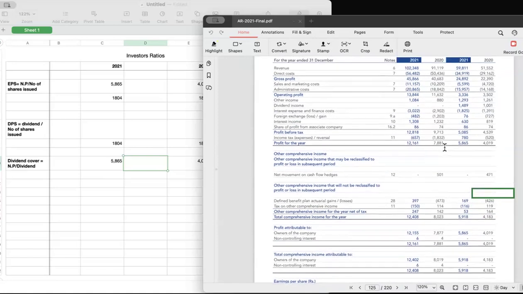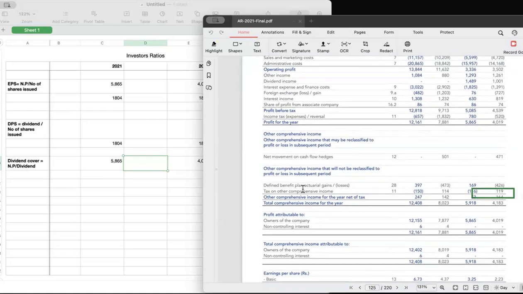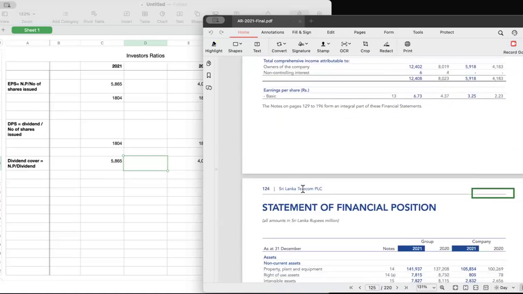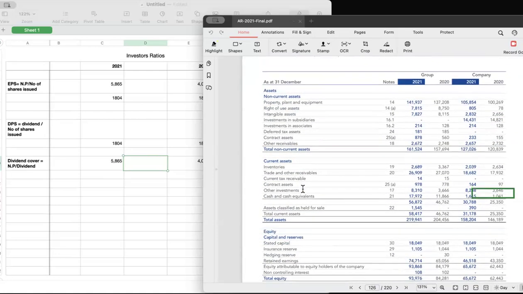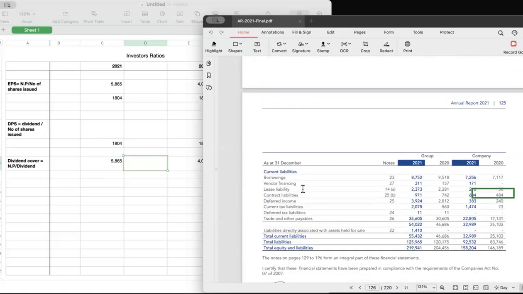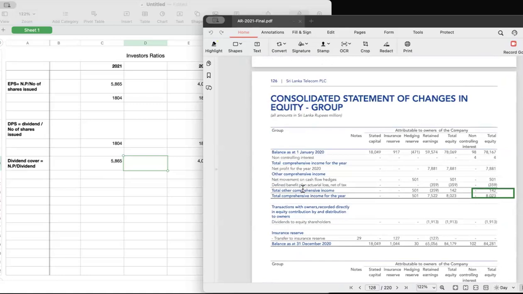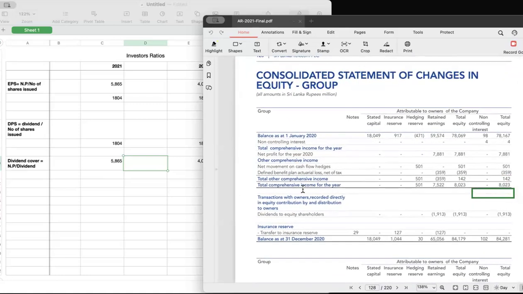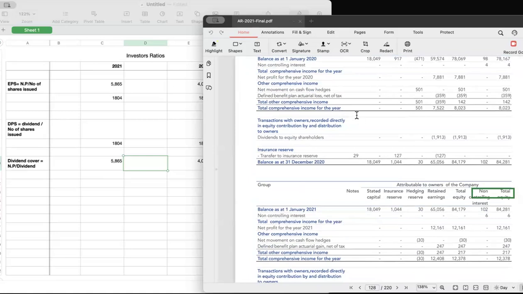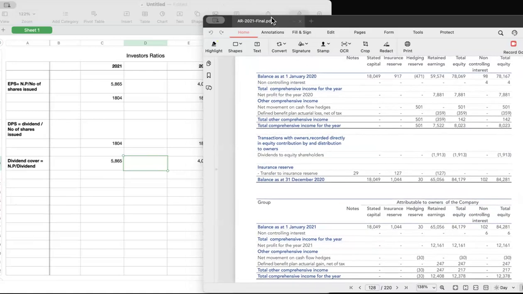This is the dividend income, dividend expenses. I think I found the dividend. Okay, dividend, they did not have it over here. I had to go to this statement of changes in equity. Yeah, now I remember. So I had to find it from the statement of changes in equity. As you can see, you have the dividend expenses in here. Dividend to equity shareholders, see that? This line,